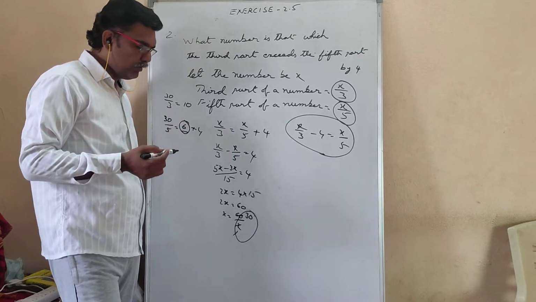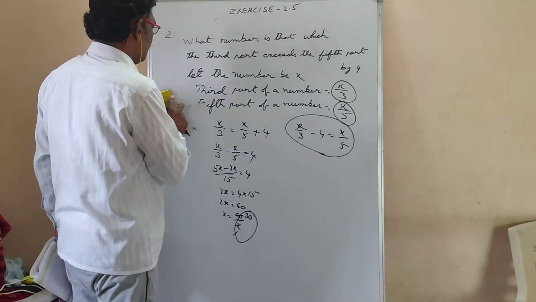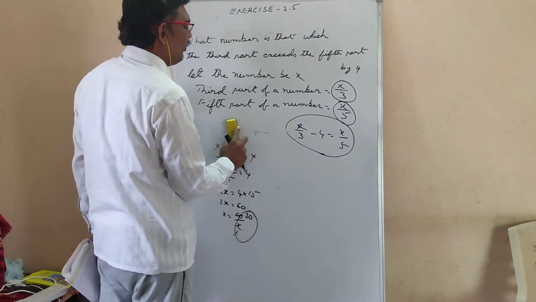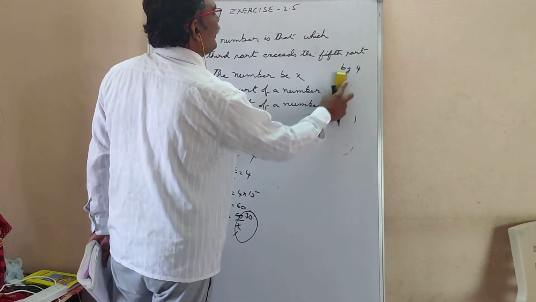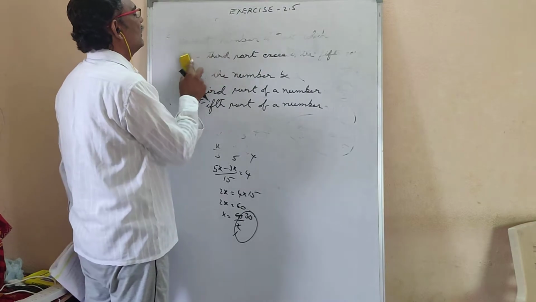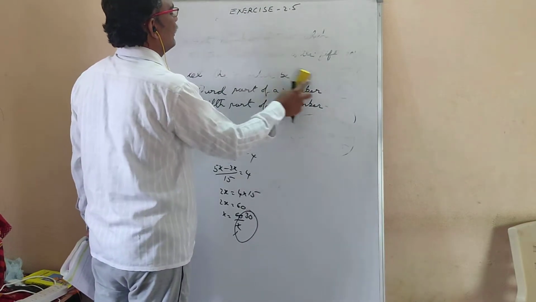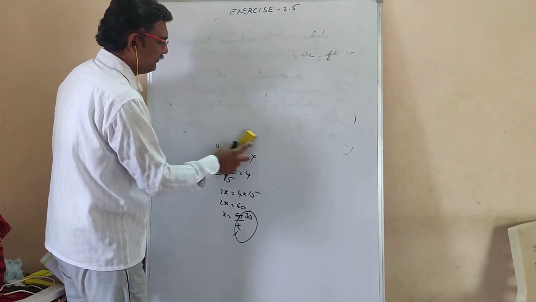Okay. Now, we will go to the next problem. These are called verbal sums and are very important. To solve these verbal sums, first you should know English very well. Then you have to know maths. Both. Okay. Next, third problem, you have to read this. Read the third problem.